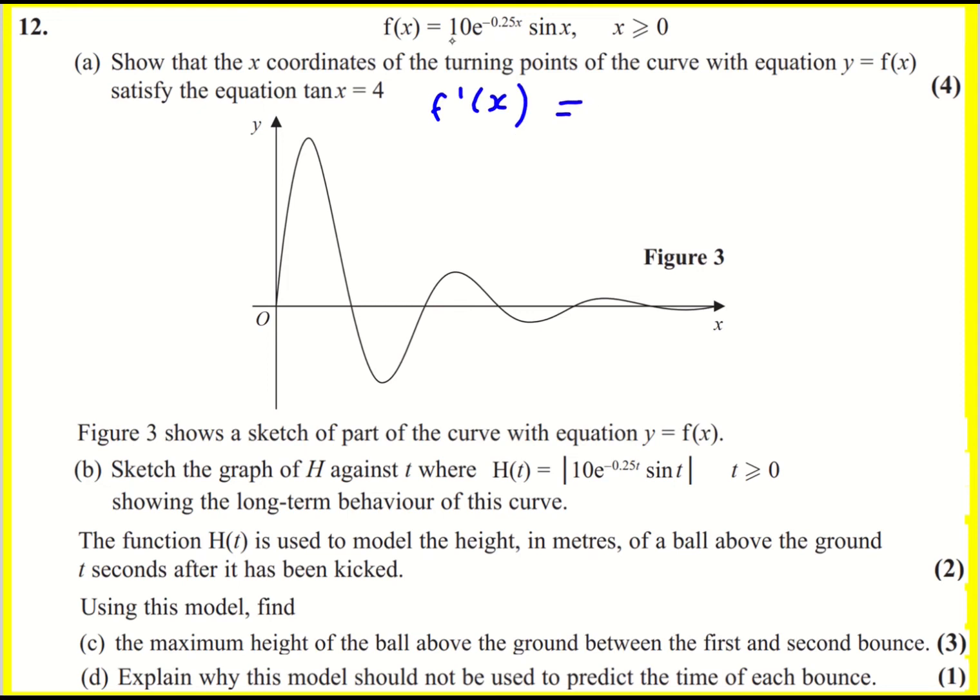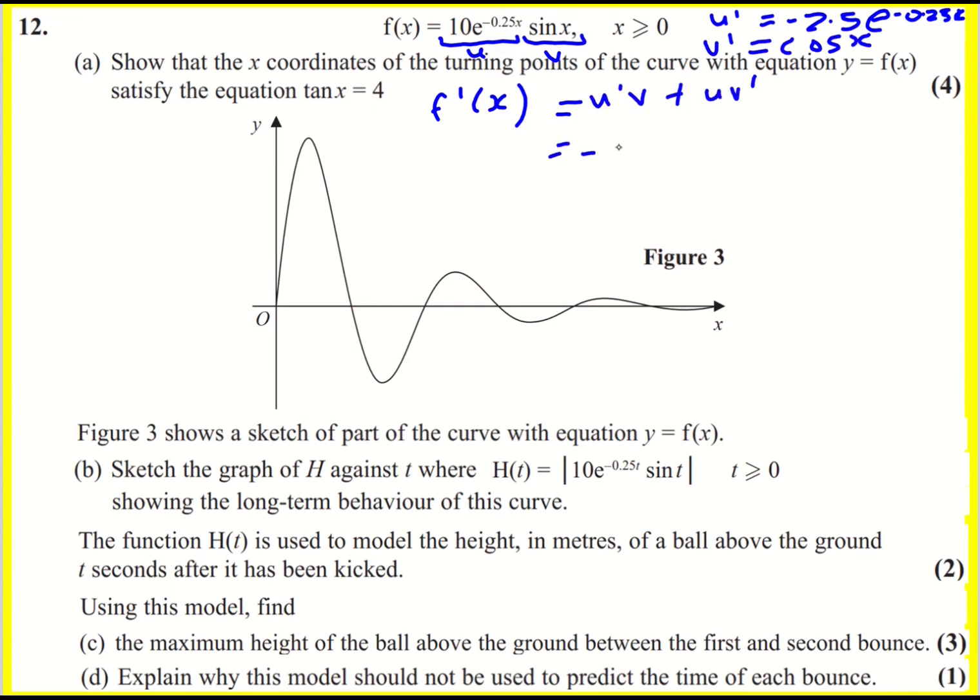For this, I'm going to need to use the product rule, so I'll call this one u, this one v. Then u' is 10 times minus 0.25, that's the bit I bring down. Actually, that's going to be minus 2.5 e^(-0.25x). And then v' is going to be cos x. We get u'v plus uv',